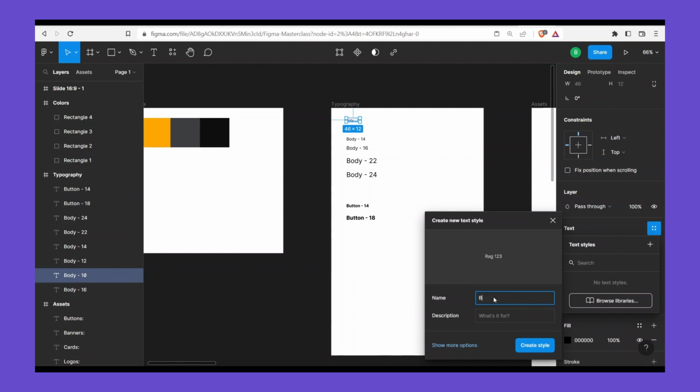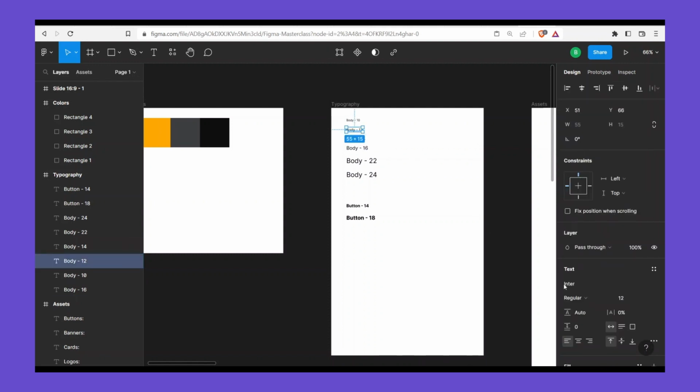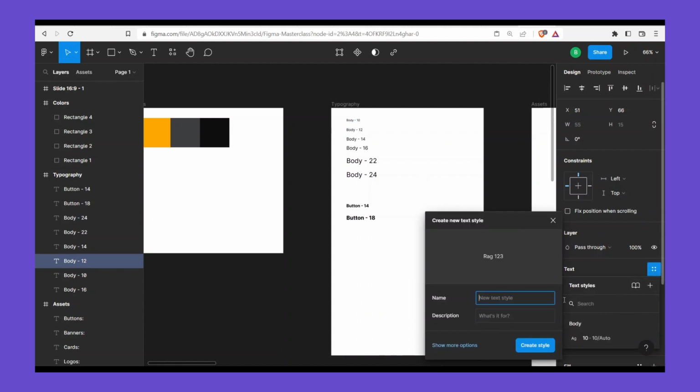So I'm going to call this body /10. I'm going to use a slash naming convention. The slash naming convention is very powerful, and we'll learn about it during this video as well. So I'll click on create styles, and then let me do another one before I show you what the slash naming convention does. I'm going to do the 12. I'll click on this 4 dots right here, click on the plus icon, and call this body /12,